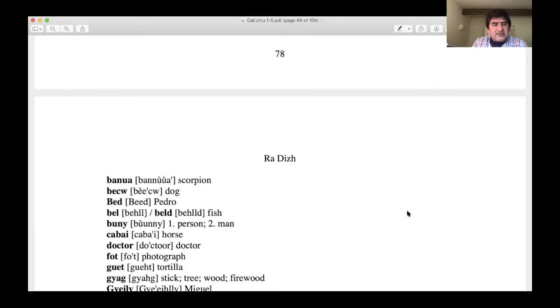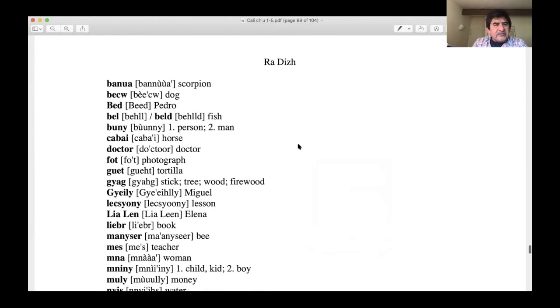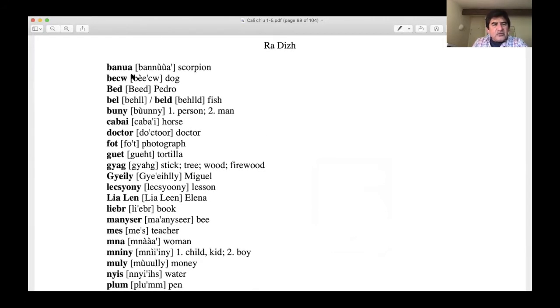As I said, for every lesson from now on, you guys are going to have a list of words. Radish means words, okay? So to begin with, I'm going to go over the pronunciation of each word, because you guys are responsible for learning them, because you're going to be using them in your homework throughout this lesson. So we're going to start building your vocab. So let's begin then. For the first one, banua. Again, banua.